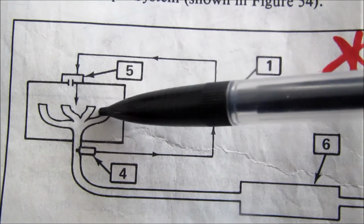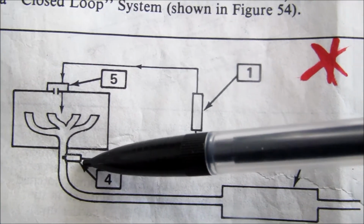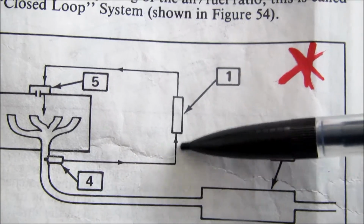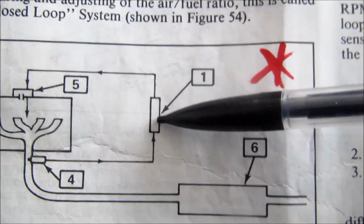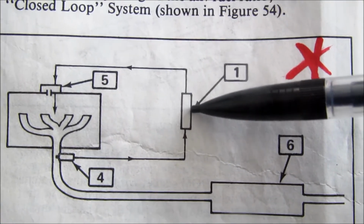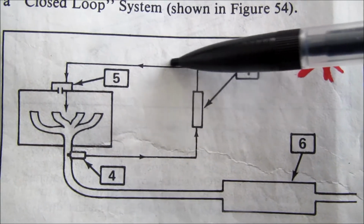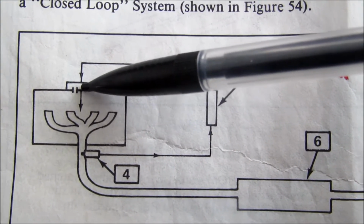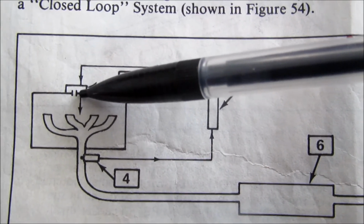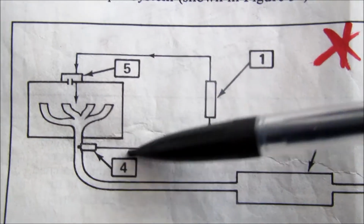So when the water vapor actually makes its way into the exhaust system, the O2 sensor reads that as a lean condition, then it sends that signal over to the electronic control module. And because the electronic control module is always adjusting the fuel-air ratio, it communicates with the throttle body, idle air control valves, tries to readjust that fuel-air mixture back to 14.7:1, and then it just keeps going in a loop,